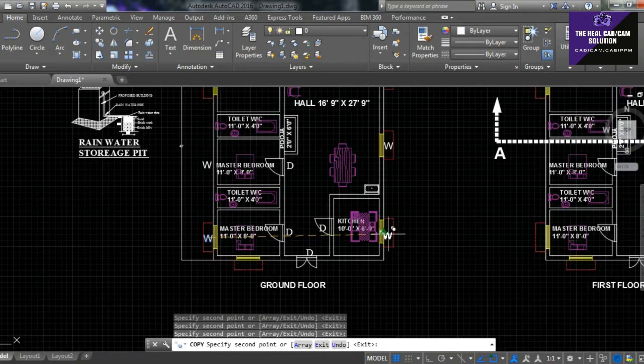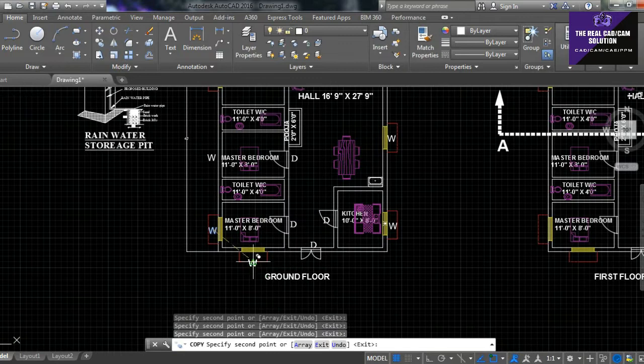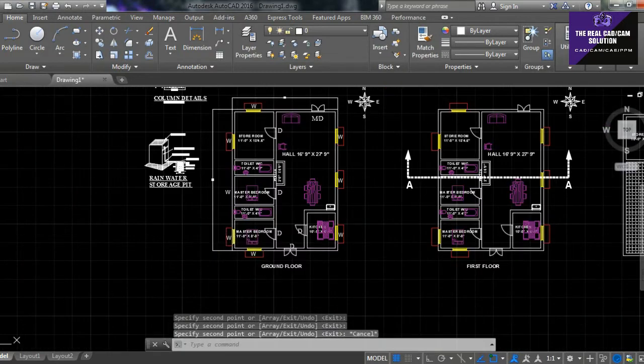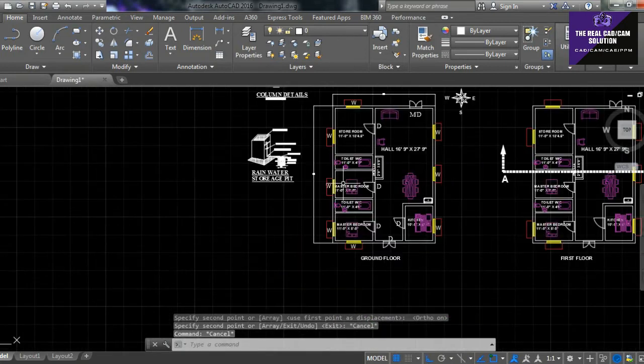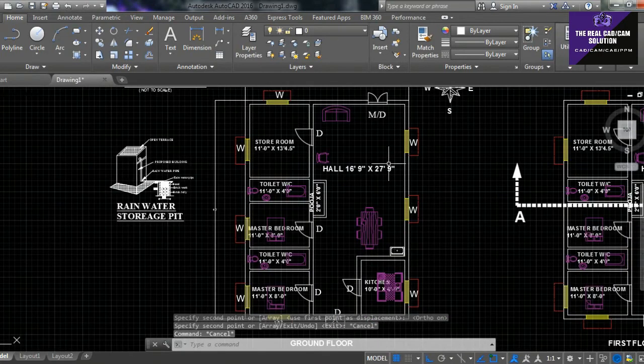Here I choose to copy the mid area of master bedroom. Okay, it's presented. So this all of us just placed here. Copy over here the first floor.